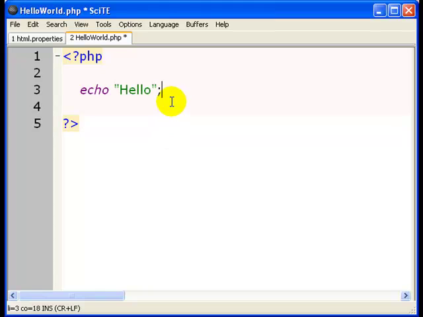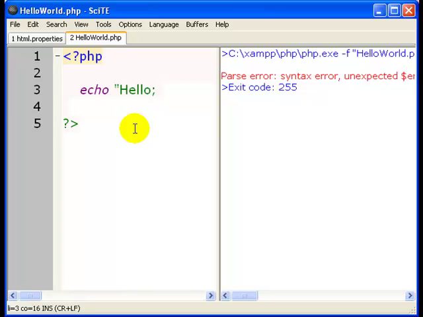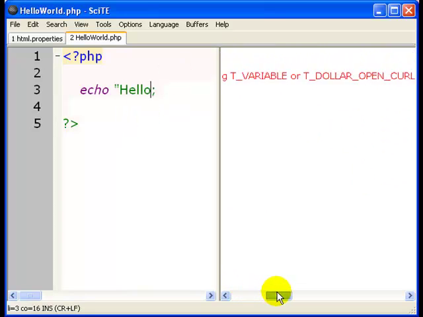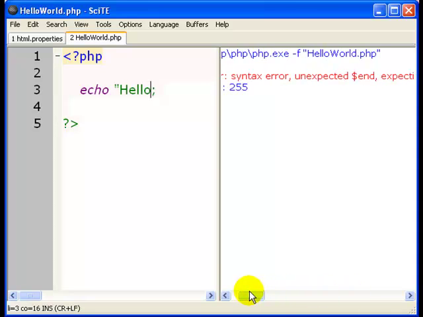In the options, you can turn on the option in view for line numbers, and this line numbers column will come up here on the left, and that's very handy. So suppose I just create this program here and I put an error into the program. I don't close that string hello. There should be an extra quotation mark here, and suppose I run the program and it says there's an error,